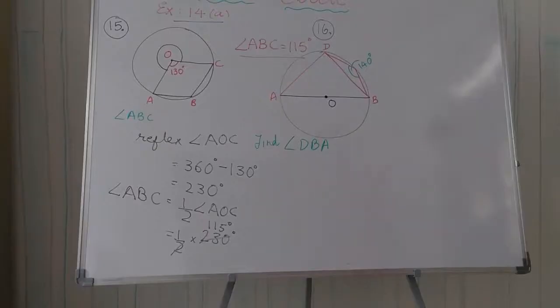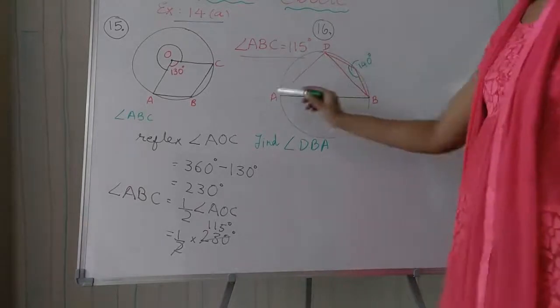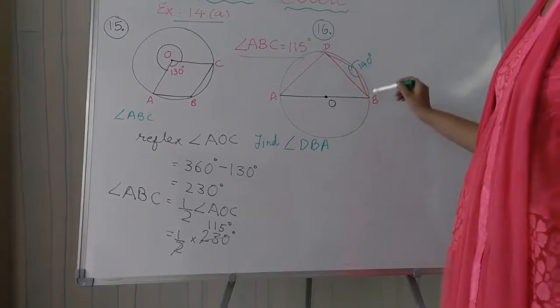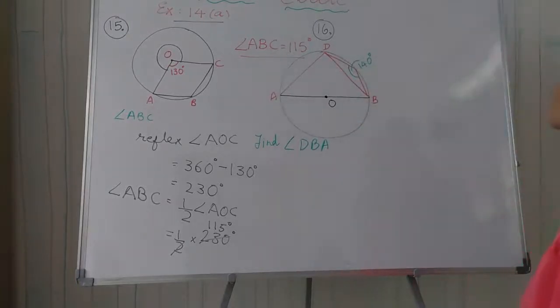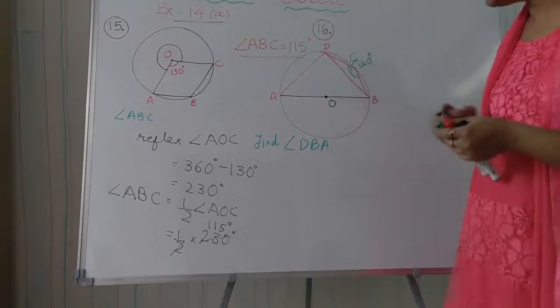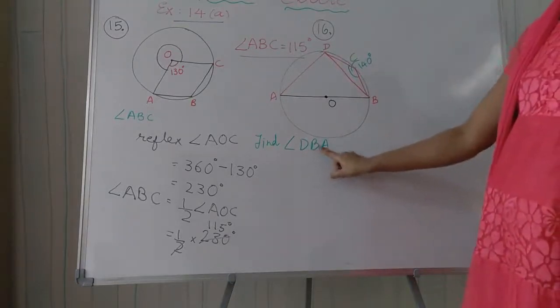Now this is question number 60. In this question, the figure is given like this. This is AB, a diameter passing through the center. Also there is a vertex C here. Okay, so angle BCD is given as 140 degrees. So you want to find DBA.